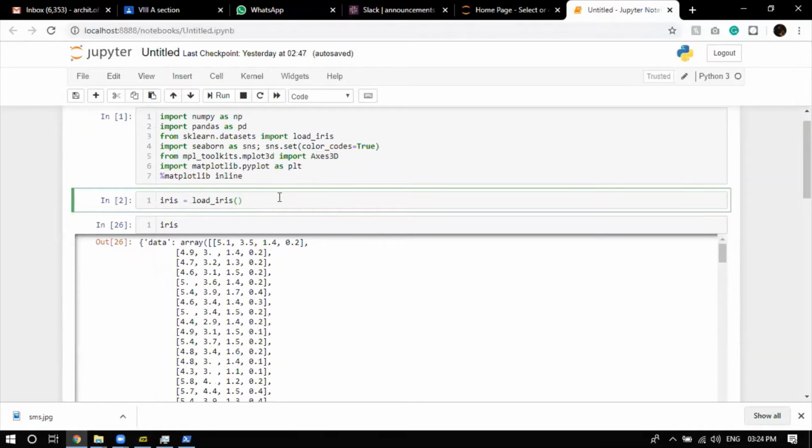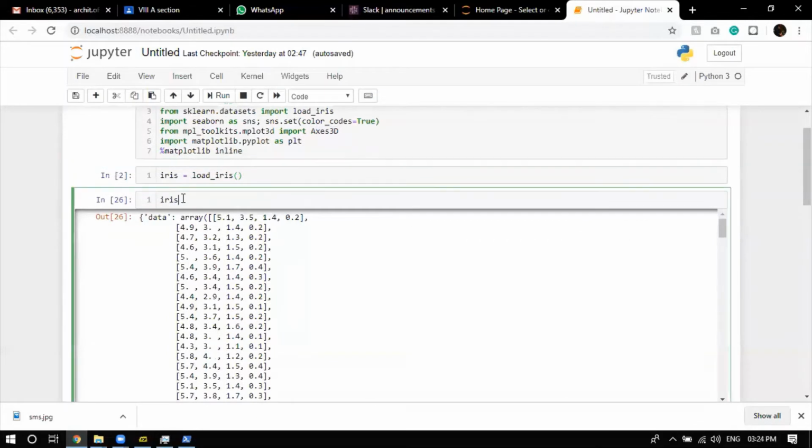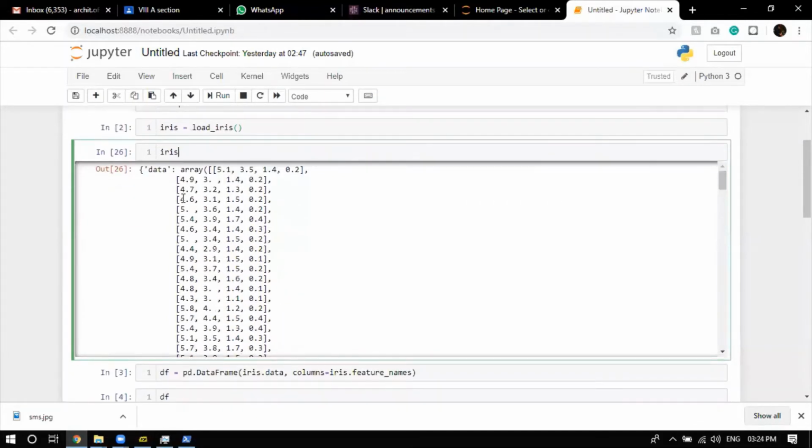To get the Iris dataset, we make a variable and we call the function load_iris. That's a predefined function that gives you the whole data. When we see what Iris has, Iris doesn't exactly give you a data frame. As you'll find in most datasets, when you call pre-installed datasets, it's not going to give you a data frame.